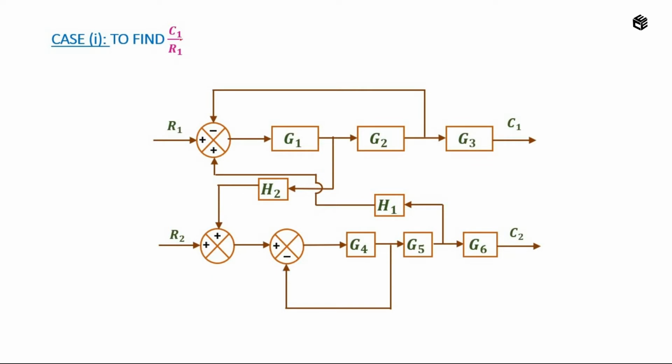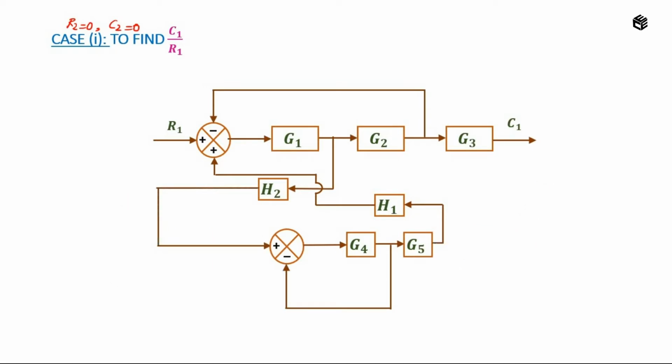Case 1 is to find the gain C1 by R1, correct? In order to find C1 by R1, I am going to assume the value of R2 is 0 and C2 is 0. So I am going to apply the condition removing R2 and C2. If I apply the value of R2 as 0, this summer gets eliminated and the output of the block H2 is directly connected to this summer. Similarly, if I apply the value of C2 as 0, the block G6 gets eliminated. After applying this step, my output will be